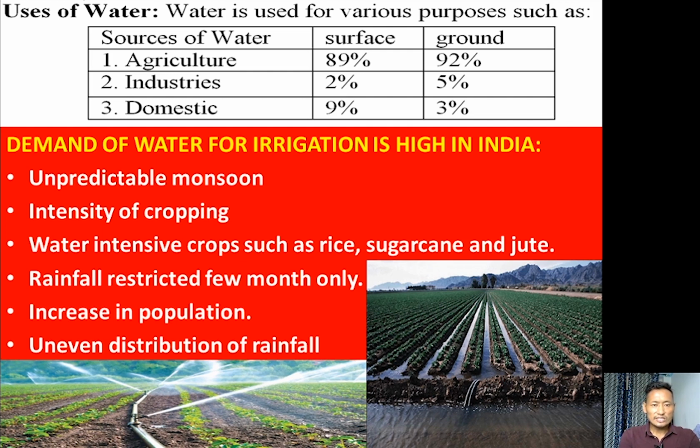Next one is intensity of cropping. India is one of the most densely populated countries of the world. So India is compelled to practice intensity of cropping. Why? The size of agricultural land in India is very small, and the size of population is very large. So in order to fulfill the demand of crops in India,